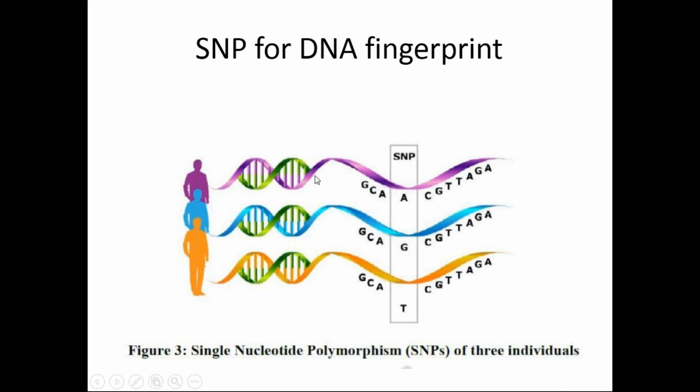If your biological SNP matches one of these persons, meaning your biological SNP also has G, C, A, A and C, G in this way, then that individual was actually involved in that particular crime. In this way we can identify the suspect on the basis of the SNP molecule. By using the PCR reaction, we amplify the SNP regions and develop the DNA fingerprint, and by comparing the DNA fingerprint results, we identify the individual.